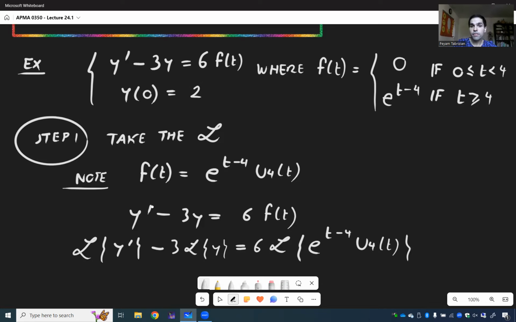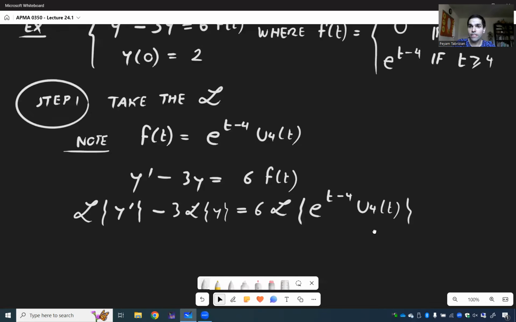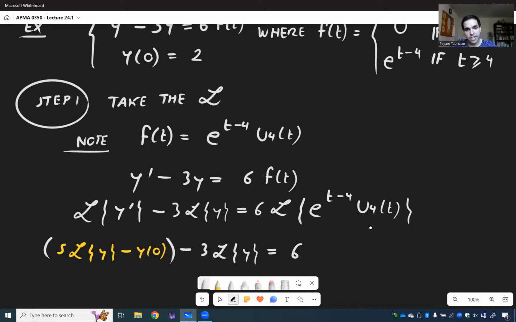And remember, we have a shift and jump, and whenever you have that, an extra exponential term appears. So what we get, sL of y, of course, minus y of 0, minus 3 L of y, now becomes 6 e to the minus 4s,